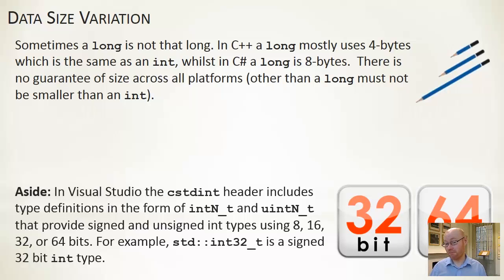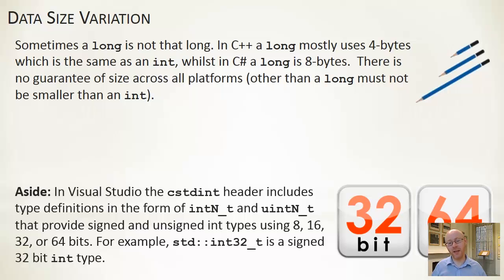In C++, in most current definitions, long is 4 bytes, the same size as an int. If we wanted an 8-byte integer value, we need to go to something else. Whereas in C# and in Java, longs are 64-bit values, 8-byte values. The only requirement in C++